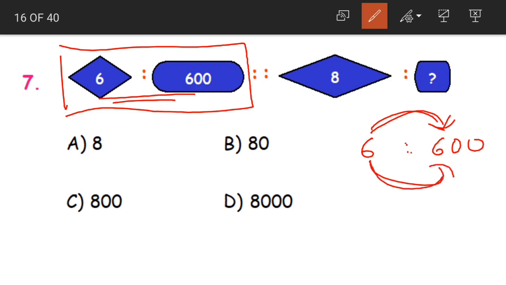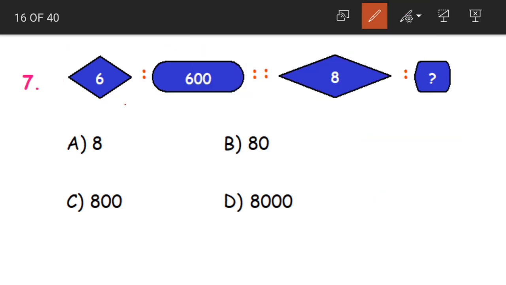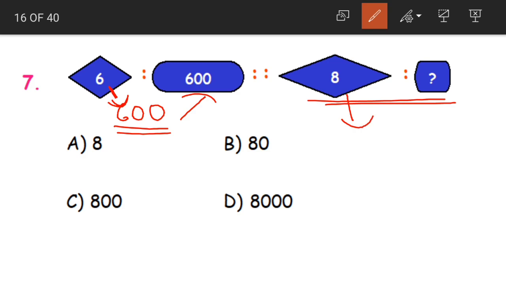We left 6 as it is, but after that we are placing 2 zeros. We are placing 2 zeros, or 6 is multiplied by 100. That is equal to our 600. Yes, children, what is it? 6. The same digit, the number as it is, and after that we are placing 2 zeros to get the second number. In the same way, to complete this pair, we have 8.